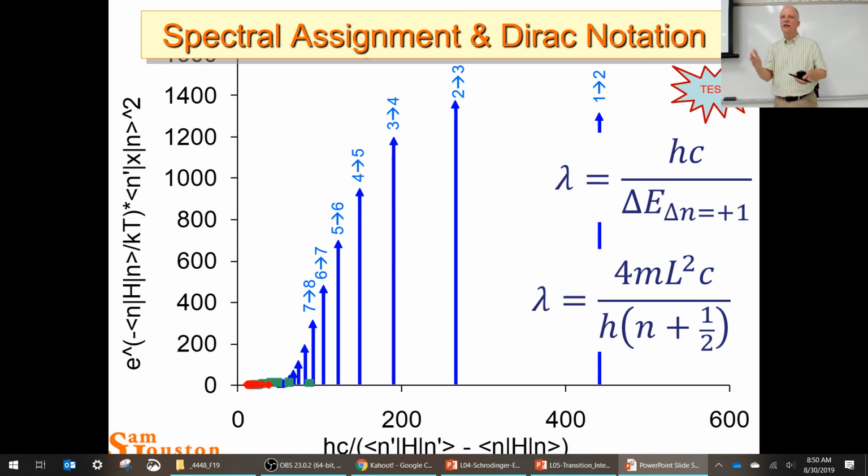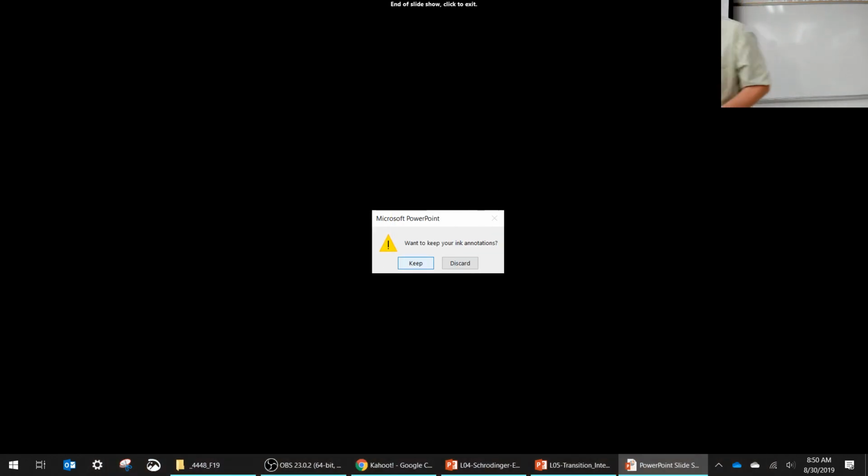And again, that's a physical chemistry question. Let me learn about the system by taking a spectrum. I get a peak at 420 nanometers of an electron. How tightly constrained is it? What kind of space is it in? You could solve that using this transition equation. So that's it for